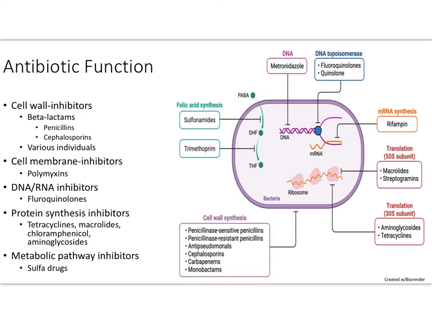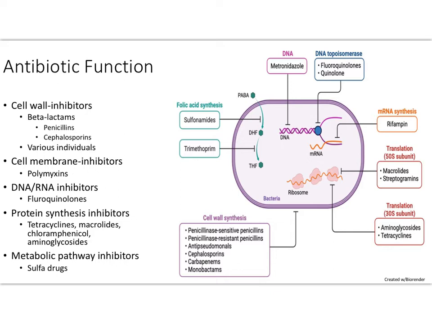We can group antibiotics into 5 main categories. We have antibiotics that work on the cell wall, antibiotics that work on cell membranes, antibiotics that work on DNA or RNA stability for the most part, antibiotics that inhibit protein synthesis, and antibiotics that inhibit some type of metabolic pathway. We are going to talk about each of these on their own separate slide,